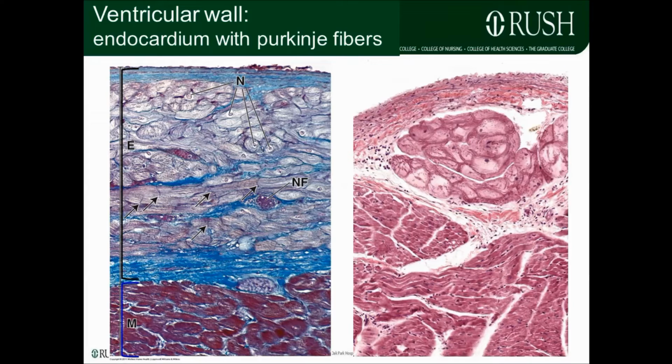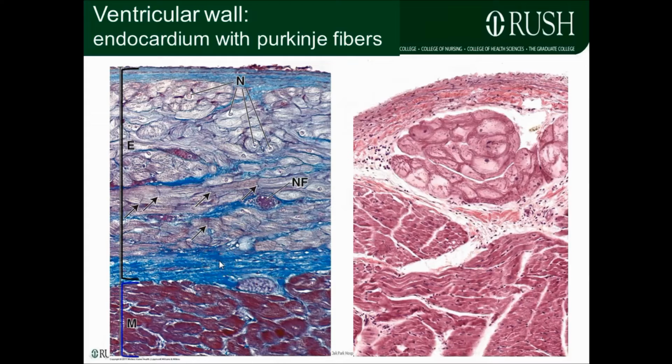Underlying that, there's some connective tissue, and then underneath that, in both of these images, you can see these very large, pale staining fibers here in the H and E, and over here in this trichrome stain. Now remember, in the trichrome stain, the connective tissue is this very blue stuff, so you can see the connective tissue fibers